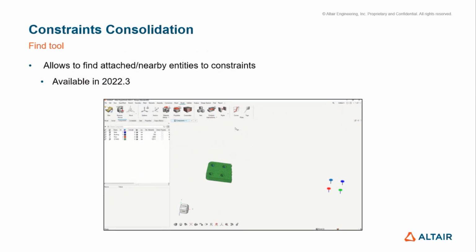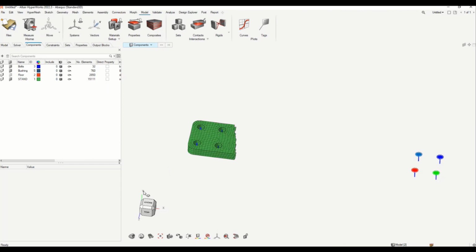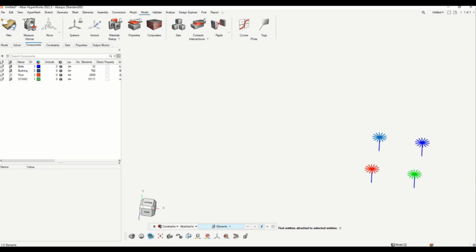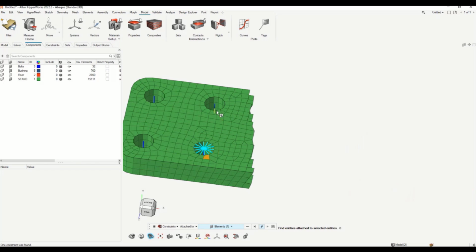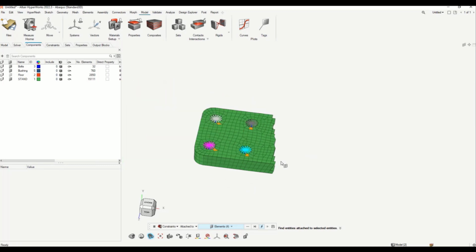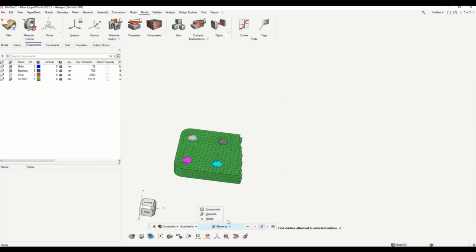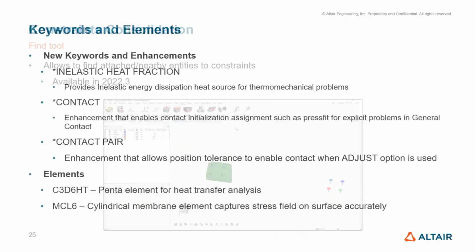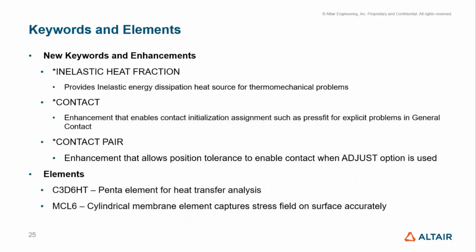Well, I don't want to really go into detail. We do have the search nearby, refine attached, and refine nearby tools that were very well covered in earlier versions, but I just want to ensure that you know about this. So you could definitely use the find tool to find attached or find nearby, all seamless like before, and it should be a breeze for you, as I had mentioned in previous GTAs. Now going into a couple more slides,